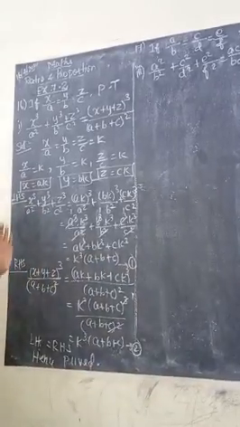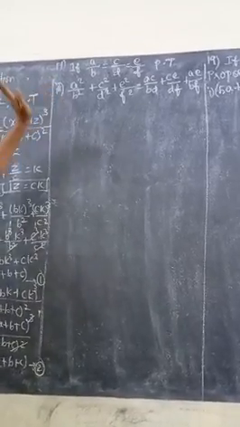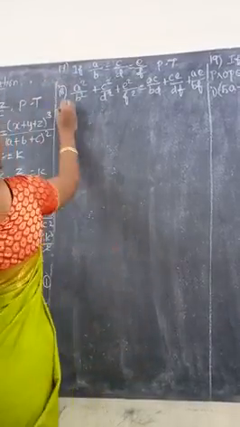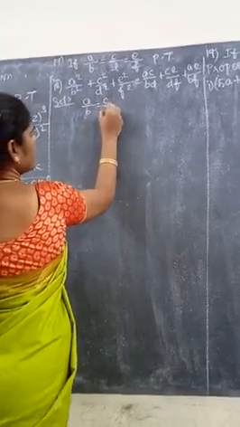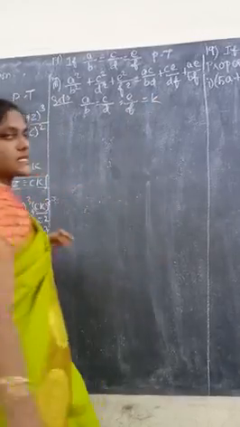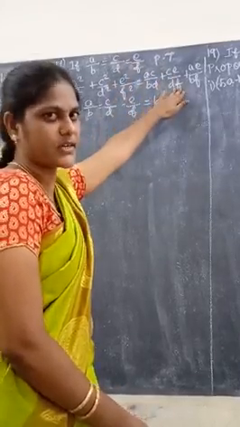So clear now? All the sums are in the same order. So listen, the 7 remaining sums are the homework sums. Now the 17th question. What is the 17th question? a by b equal to c by d equal to e by f. What are we going to consider? Equal to k. Using this we need to prove left hand side is equal to right hand side.